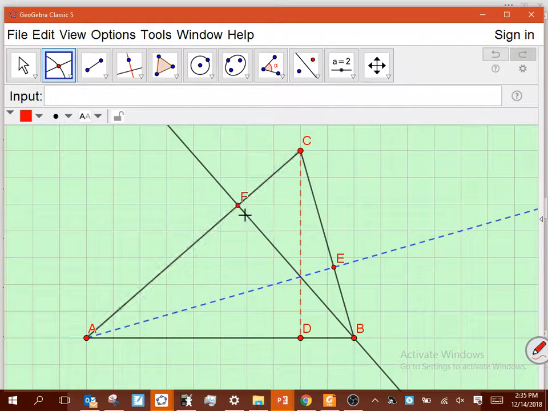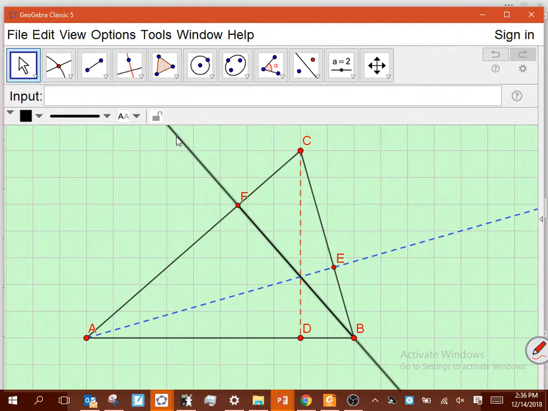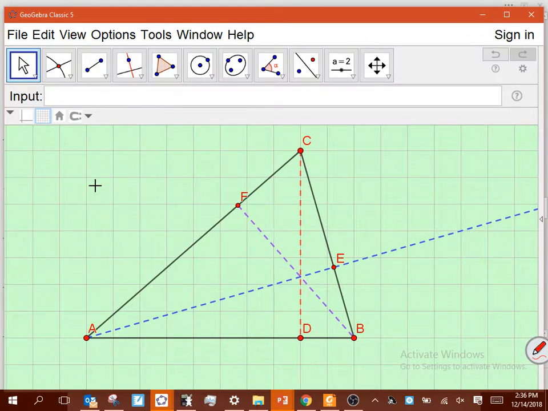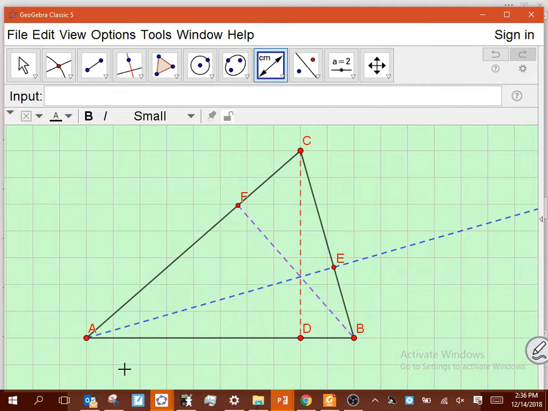So that and that. All right. So if I find these distances, A to E,